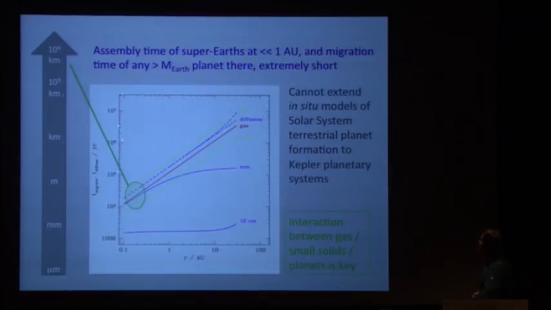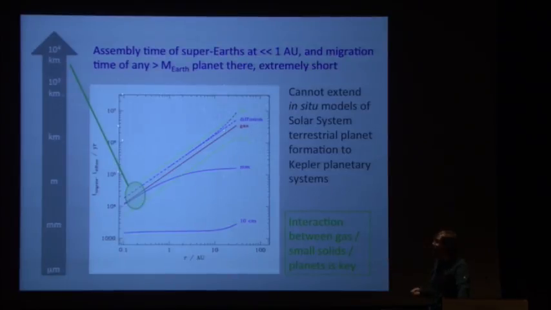Now then there's a second problem, which is maybe more directly connected to observations, which is that if we go to objects that are of Earth mass, if we look at this upper green curve, that's for Earth mass objects. This lower green curve is for 5 Earth mass objects. We can ask how rapidly those objects would move due to gravitational interactions with the gas. And again, we find that the timescales are very short. So if we're interested in the formation of the cores of the giant planets, so maybe out at 5 AU in the solar system at a few Earth masses, again, we're talking about timescales that are only of order 10